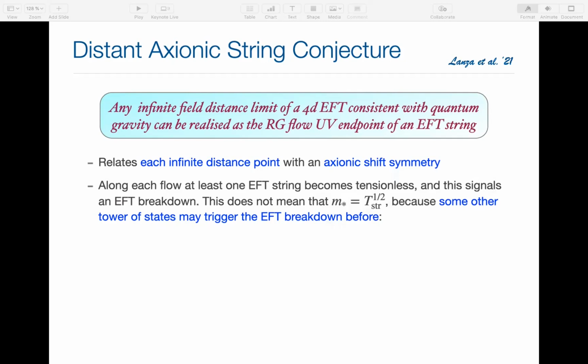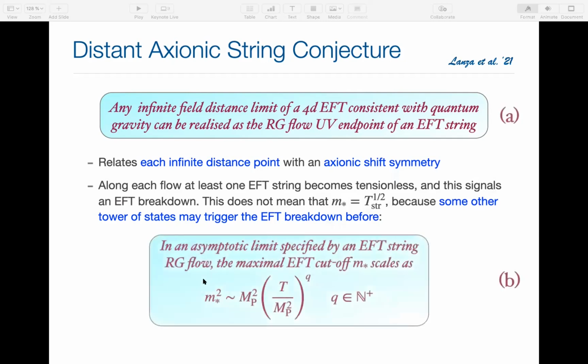in fact, we are not saying that the EFT will break down because you have a tensionless string. Something could happen before. You could have some other tower at a lower scale compared to the string tension, and that's what triggers the EFT breakdown in the sense that the Swampland conjecture predicts. But what we also observe is that if it's not the string itself creating havoc and breaking the EFT, the scale at which the EFT is broken is tied up with the string tension via this relation. So this M star represents the